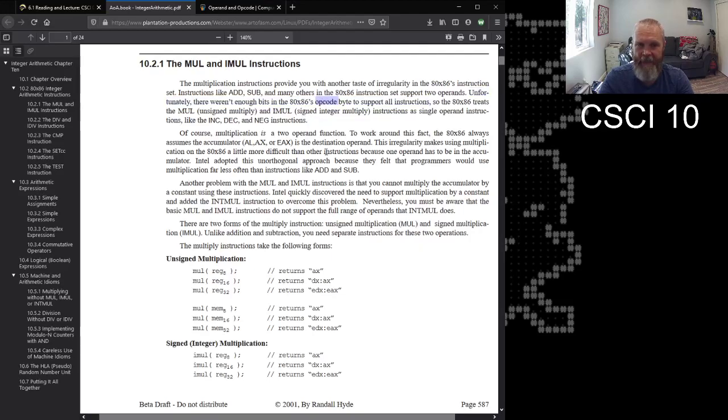So what does that mean, their opcode? I gave you a Wikipedia reading about that, but the opcode is basically this: the instruction that you write has to be translated into machine language, binary. So for every instruction, like add, sub, mul, move, the instruction itself and the operands have to be translated into binary.